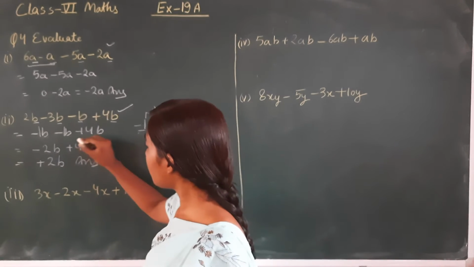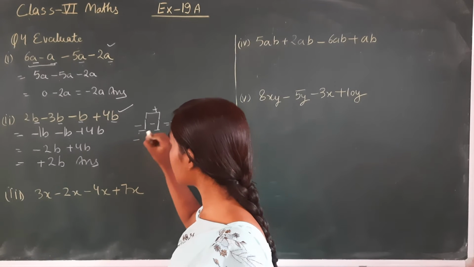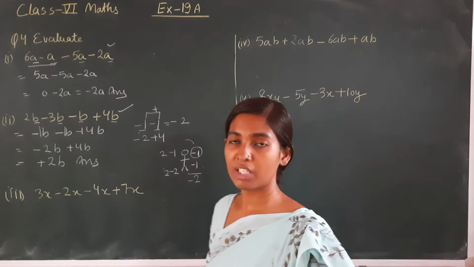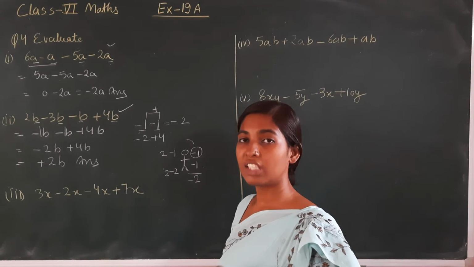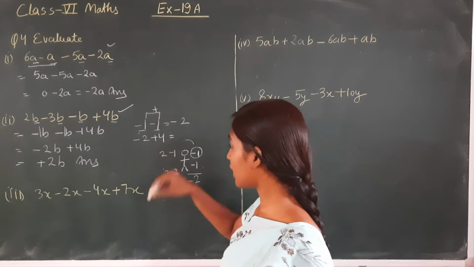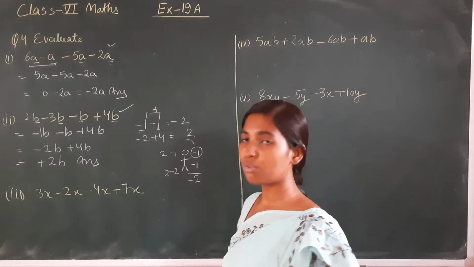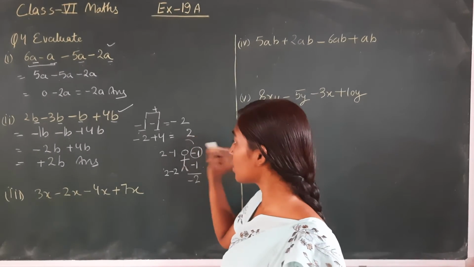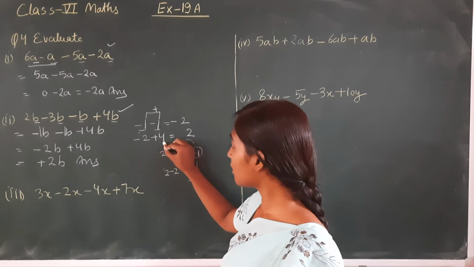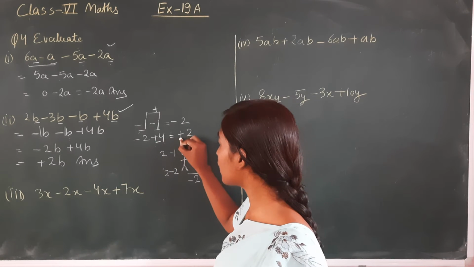Then again here -1 and plus 4. When one number is negative and one number is positive, in that case we always do subtraction. 4 में से 2 subtract करके लिख देंगे, answer is coming 2. And then you have to decide whether this 2 will be positive or negative. Come back to this. This is smaller, this is greater. The greater number has the positive sign, so the answer will have the positive sign.